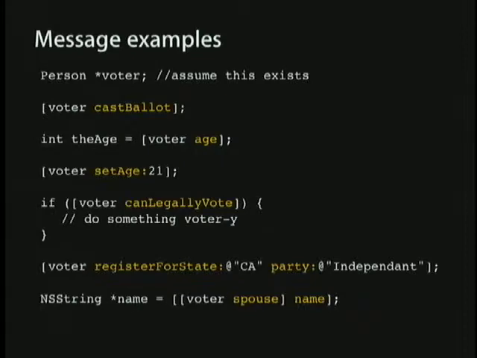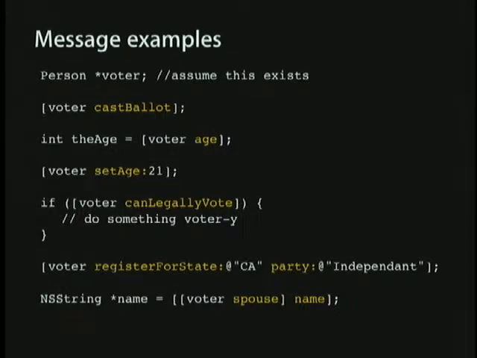Let's assume we've got a person object already allocated, an instance of that up at the top, and that's voter. So the first thing we're going to do there is we've got voter. We're going to tell it to cast a ballot. That's a pretty simple case. We're just sending a simple message to that object. The second one actually is going to return a value. So it's still exactly the same as if we were just calling something that didn't return a value, except now we can pay attention to the result, and we can just assign it to that integer there.